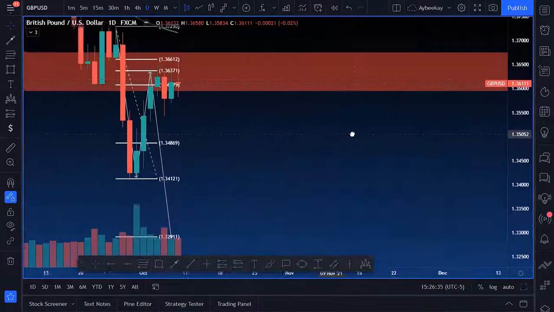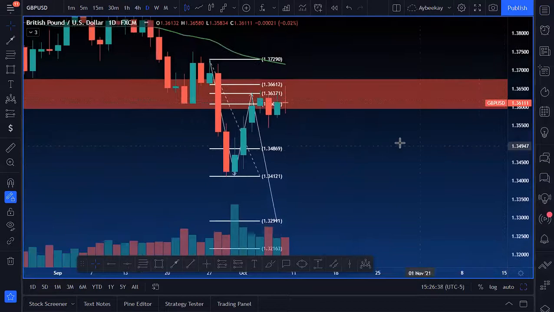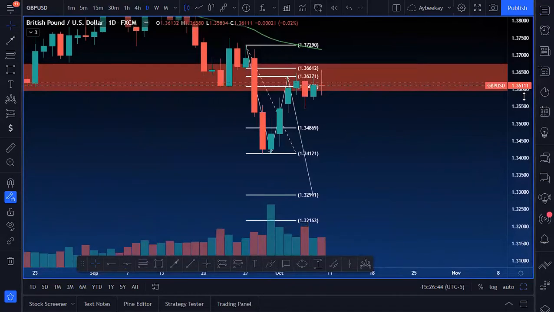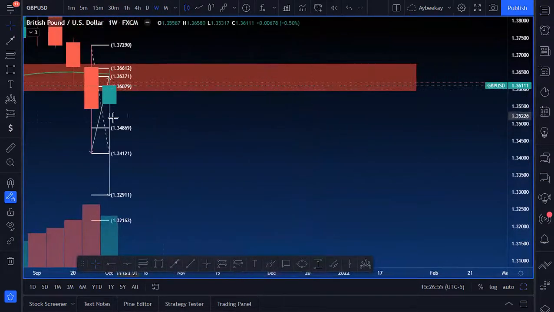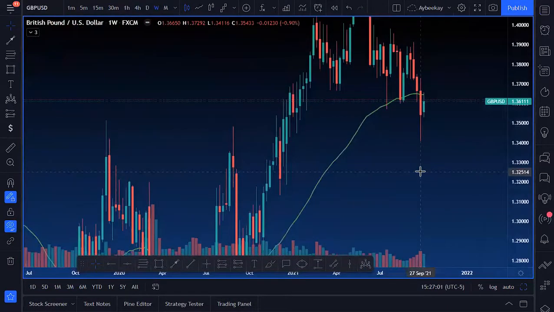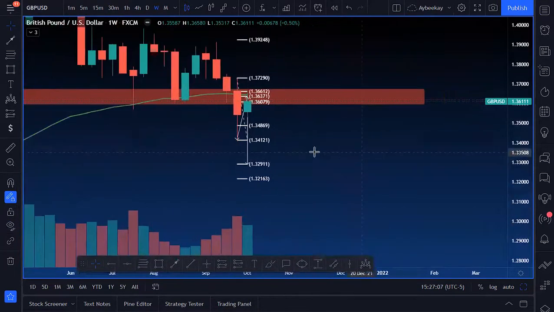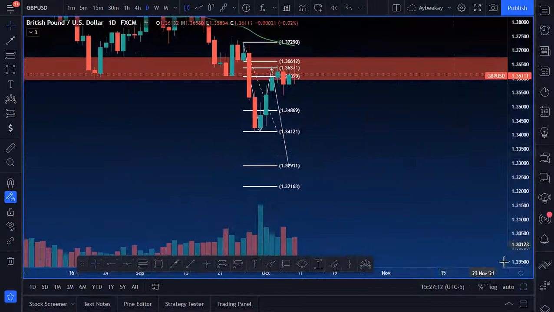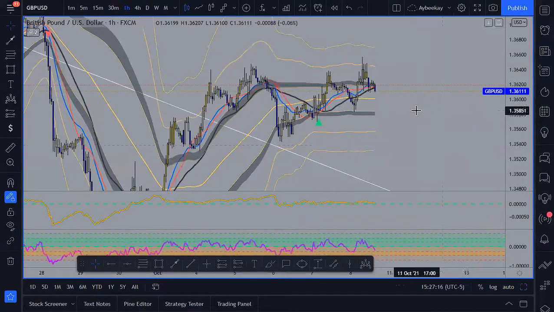Daily time frame, especially with how the daily closed on Friday with a doji, it looks like this is going to fall to me more than anything. Weekly time frame, let's take a look at it. I'm pretty sure there's a wick to the upside. Let me go ahead and get rid of the drawings. Yeah, a wick is rejecting off of that 50 EMA, and I actually forgot that that's the 50 EMA on the weekly. So again, another reason why I'm trying to sell the GBP USD. I don't think this is going to go bullish, right? So nothing's really changed on my opinion for that.